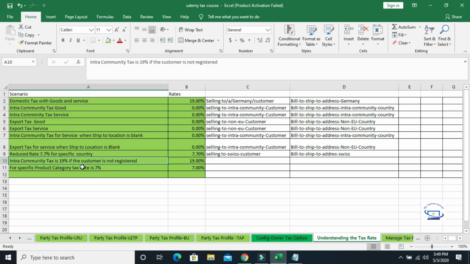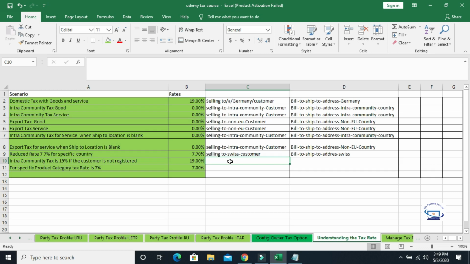Then intra-community tax is 19% when the customer is not registered. As we discussed in our user-defined geography, or what is called the European Economic Zone, if the customer is registered, then only the 0% intra-community rate will be applied. But if the customer is a member of that European community but is not registered with that country's tax authority, then the normal tax rate will be applicable.